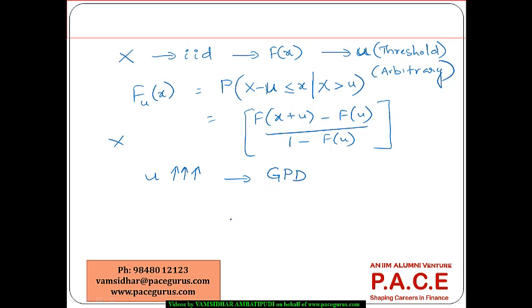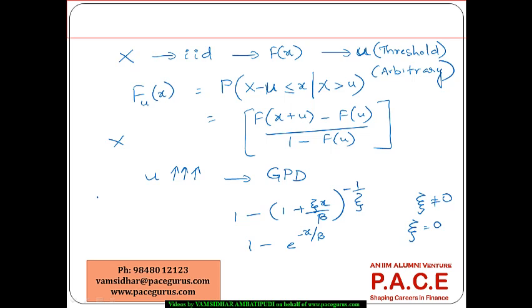And the generalized Pareto distribution comes out as 1 minus of 1 plus zeta x by beta to the power minus 1 by zeta if zeta is not equal to 0, and it is equal to 1 minus e to the power of minus x by beta in case zeta is equal to 0. So this is more or less similar, to a large extent, to the generalized extreme value theory distribution also, right? If we try to recollect the